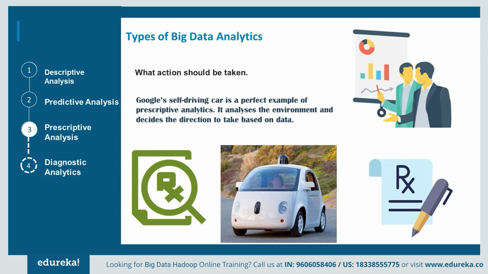And the best example for this is the Google self-driving car. This example also we have already seen in the new generation product section. So basically, the Google self-driving car analyzes the environment and then decides the direction to take based on the data. So it decides whether to slow down or speed up, to change the lanes or not, to take a long cut to avoid traffic or prefer short routes, etc. So in this way, it functions just like a human driver by using data analytics at scale. Now, prescriptive analytics is a little complex type of analytics and it is not yet adopted by all the companies.